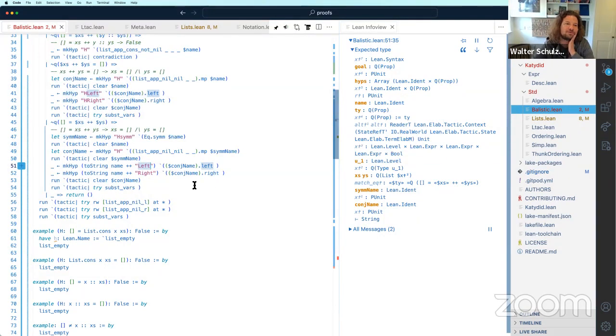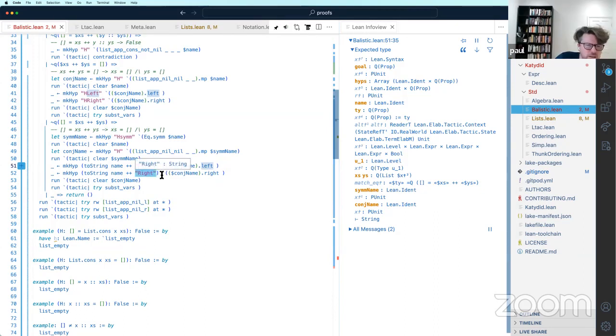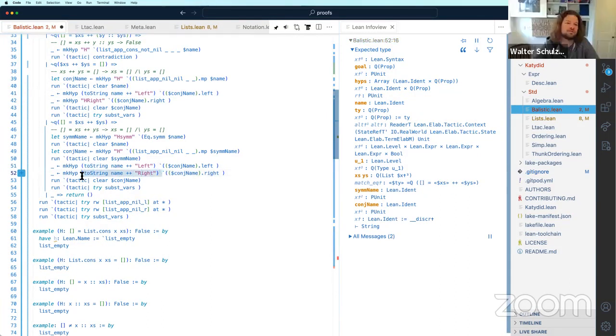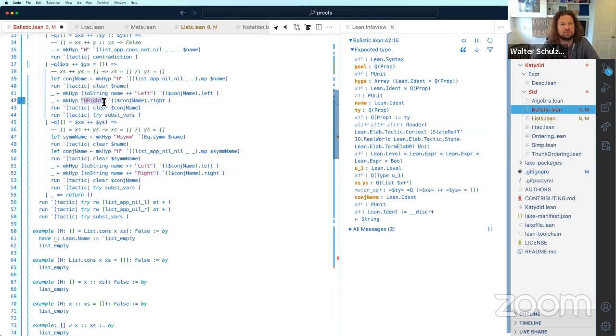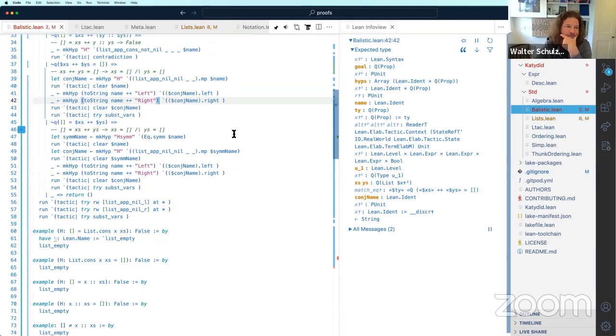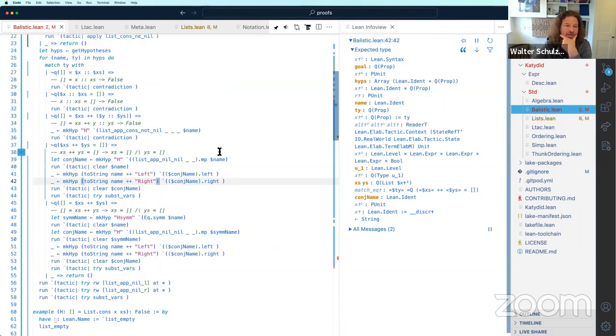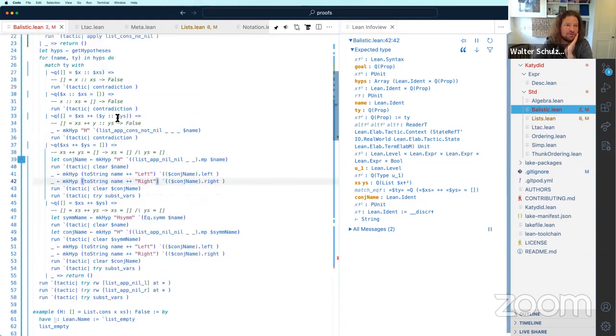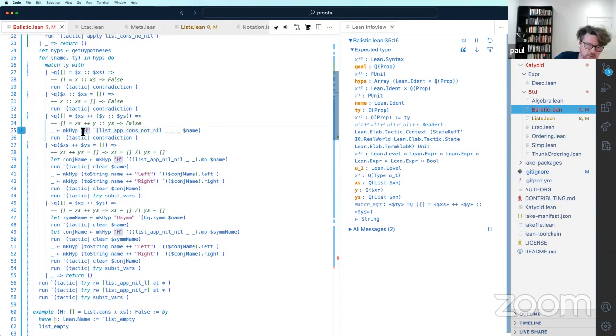Is it doing anything to deduplicate? What if there's already a hypothesis with that name? Yeah, it will add an underscore one or something. That part we actually fixed last time. I've seen H underscore one, etc.